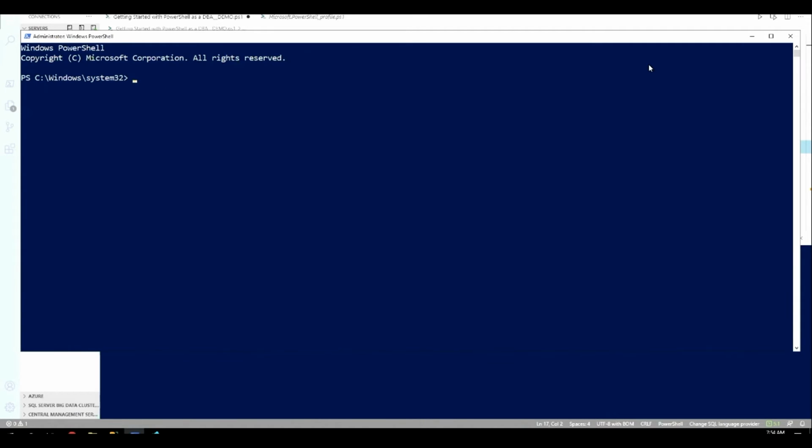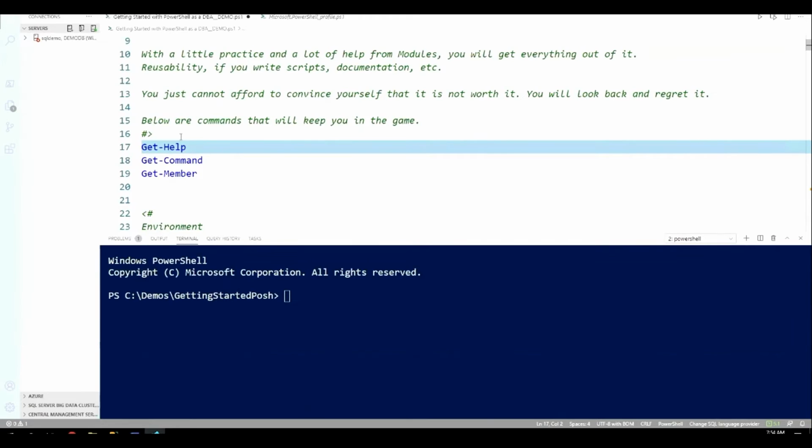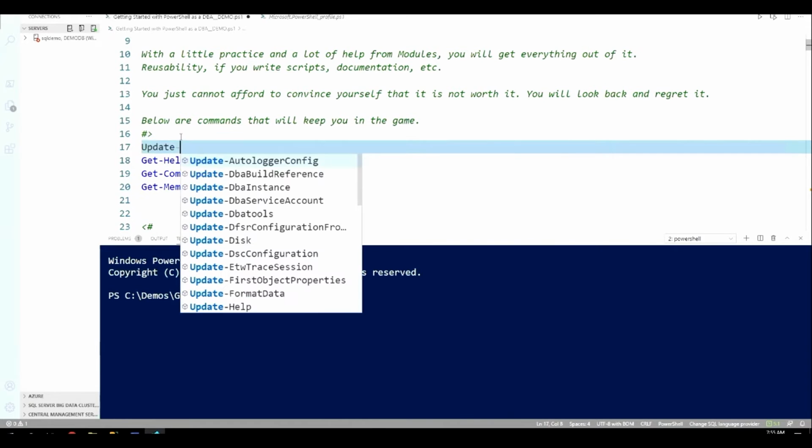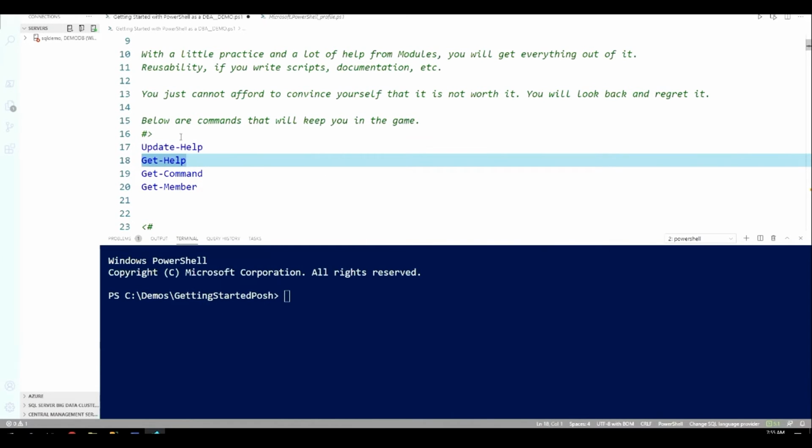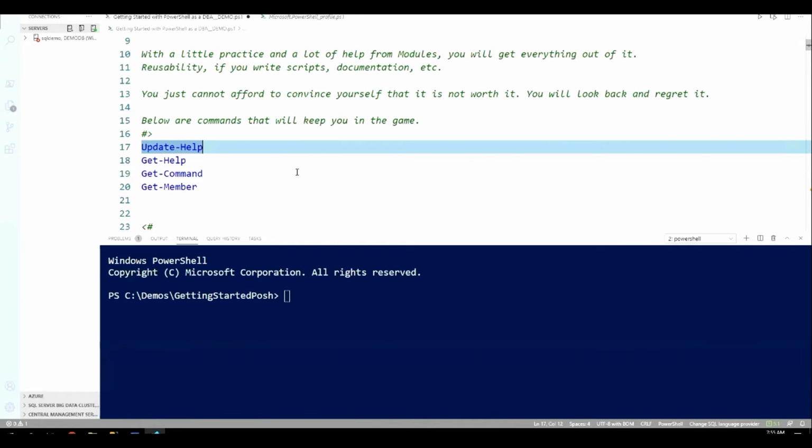On this system, I've already done Get-Help. I will tell you, you will want to run Update-Help. That's the very first thing you should do, which is just like this. You run Update-Help and it will go out and get all the help. Now, the big caveat to this